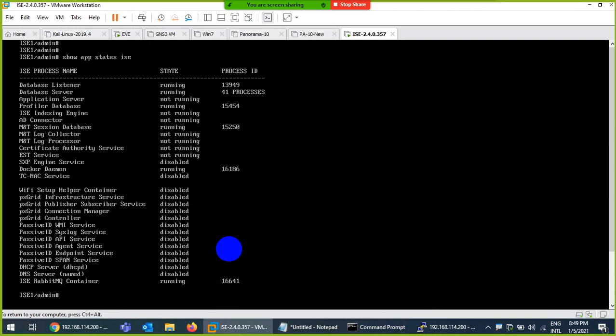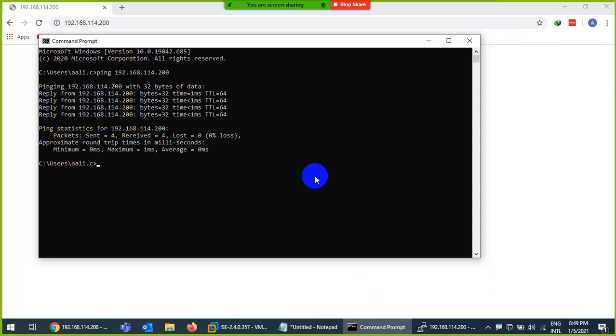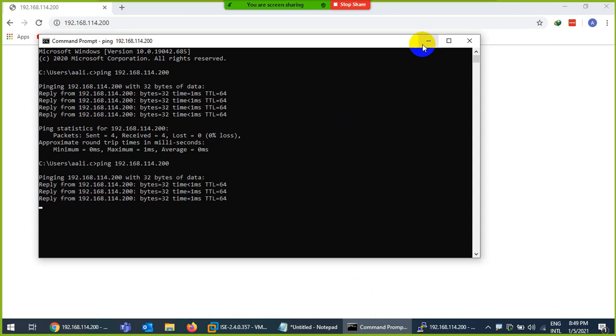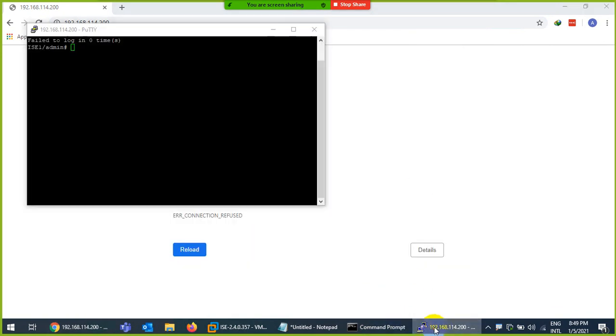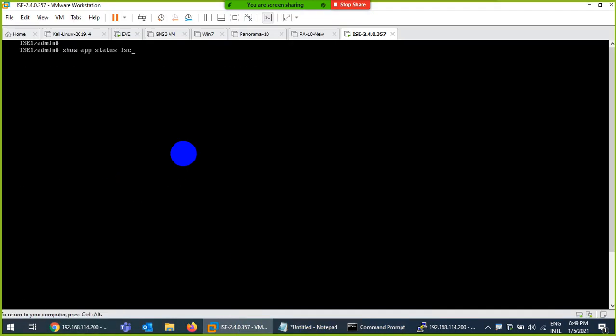And then in the browser you need to type HTTPS 192.168.114.200, this is the IP address, and enter. It's not coming, even though it's pinging, because the services are not yet running. So Control L and then show application status ise.